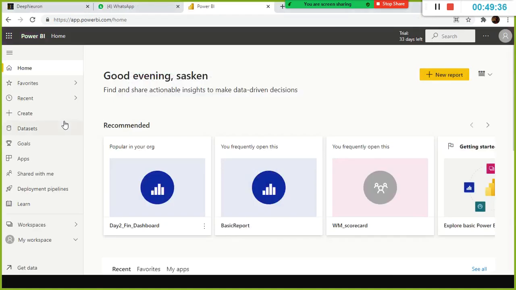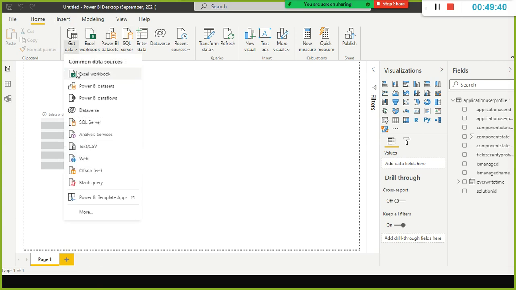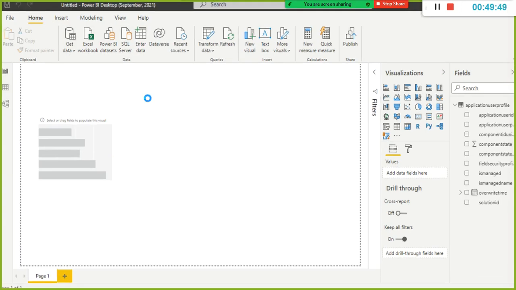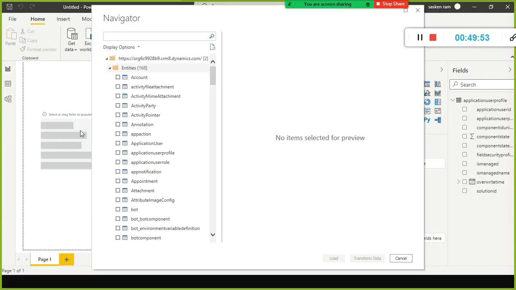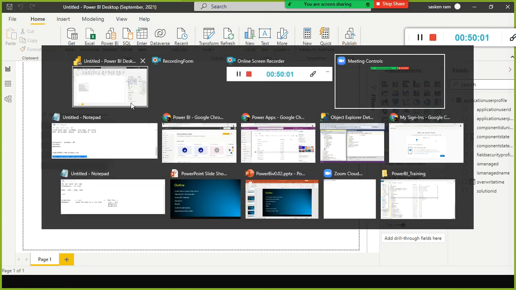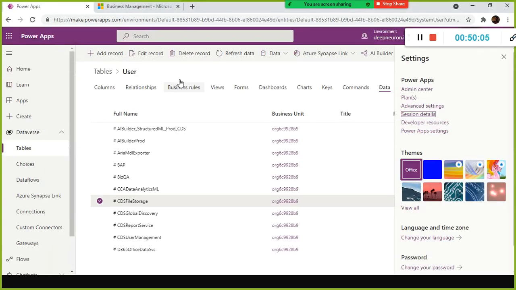Apart from this, we have another option here, common data sources. If you go to get data, you can select common data sources. This is another way of connecting, but at the end of the day it's all available on your database, on the Microsoft cloud.